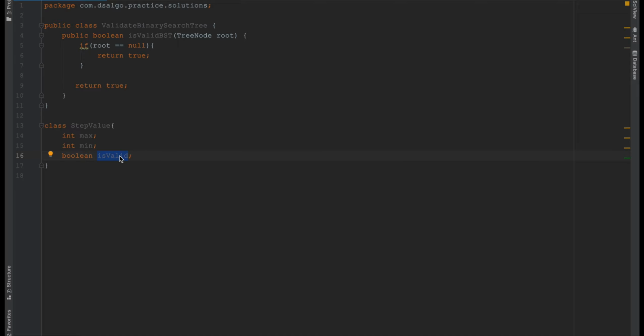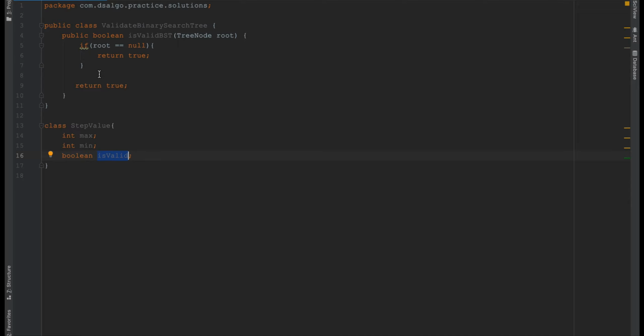Whenever you encounter this valid value as false, you just have to return false, because if a subtree of a particular node is not a valid BST, then that complete tree cannot be a valid BST. So whenever you encounter isValid equal to false, you don't have to do any more processing, just start returning false from your recursive calls. For a tree to be a valid BST, the value of this variable at each and every step should always be true.